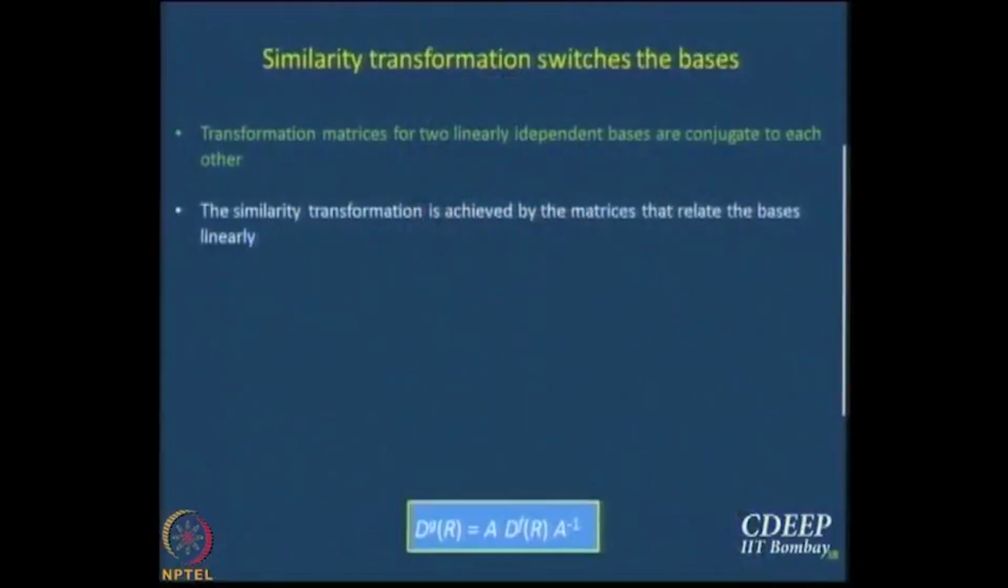Secondly, you cannot just use any matrix, right. You take any matrix under the sun and perform a similarity transformation, will you go from one base to another? You won't. What is the matrix that you have to use? What is the matrix that you used? You used A and B. What are A and B? They are the matrices that relate the bases linearly. Well, they are conjugates actually, but that is something that we can live with, I hope,